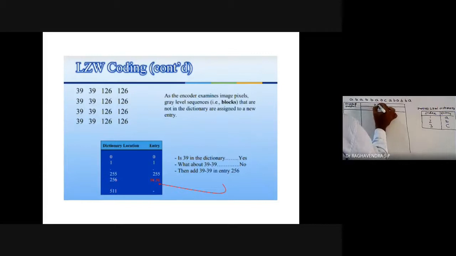This is a dictionary, then we have index. This is also a dictionary, but this is the encoded dictionary. So create a table like this. You can get these types of questions in exams.